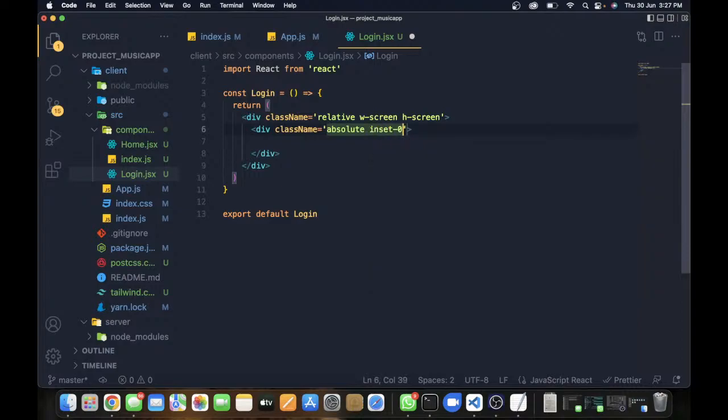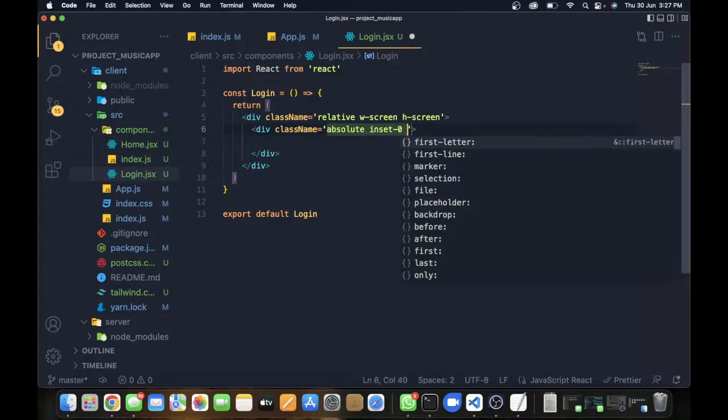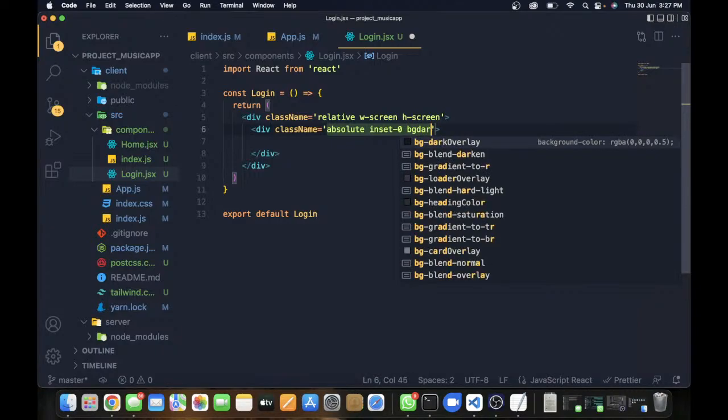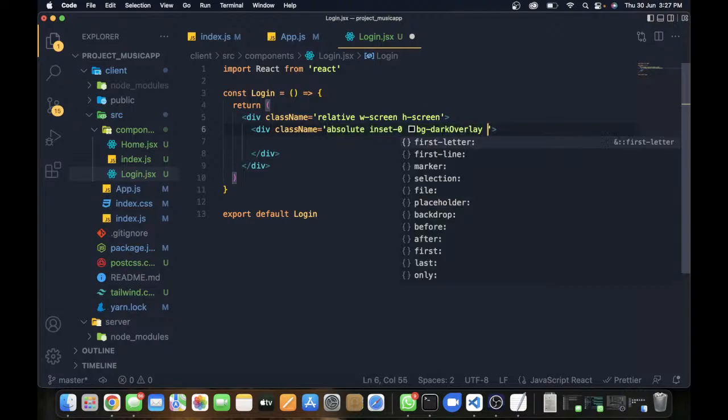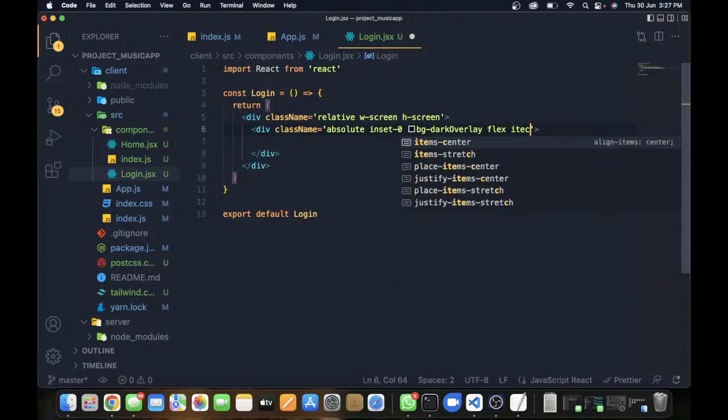And I'm going to use inset 0, that means top, left, right, bottom, every side is 0. And I'm going to use bg dark overlay. I'm going to give an overlay effect that is going to be dark, and whatever is inside this container should be a flex. And items center, and then